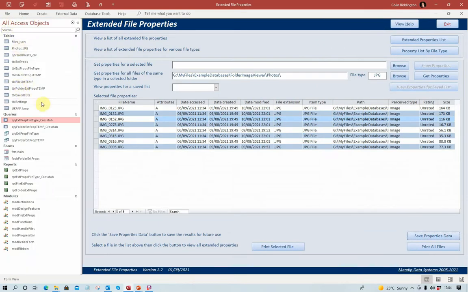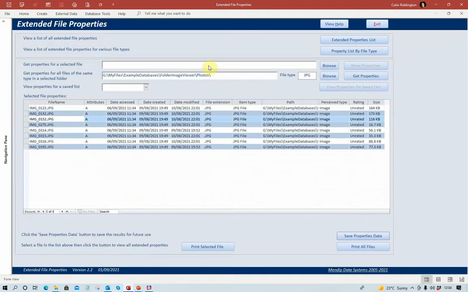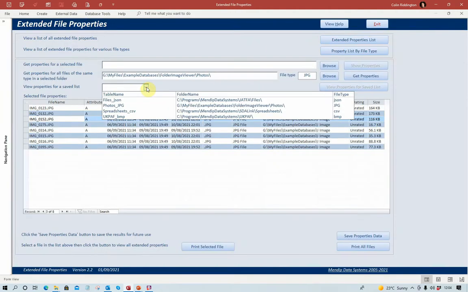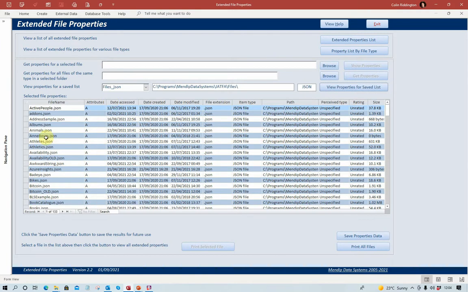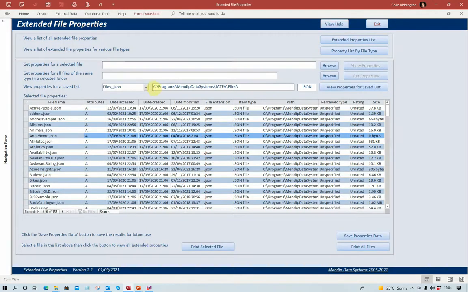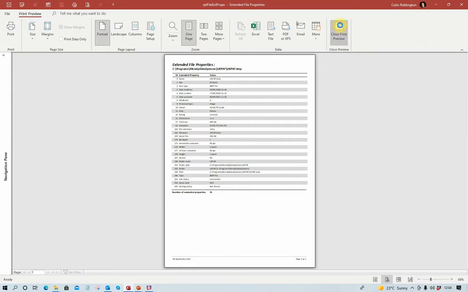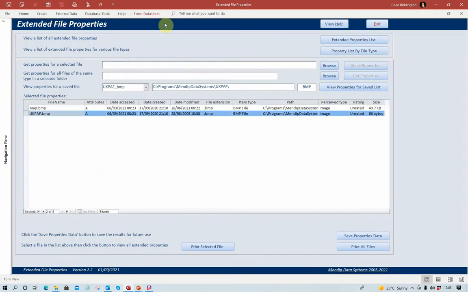If I now go to here, you can actually see all the information for those files there, and it's been added to this list here. If we look at a couple of others that I've saved already, you can see exactly the same idea. Bitmap files and so on. And that's pretty much all there is to the program,